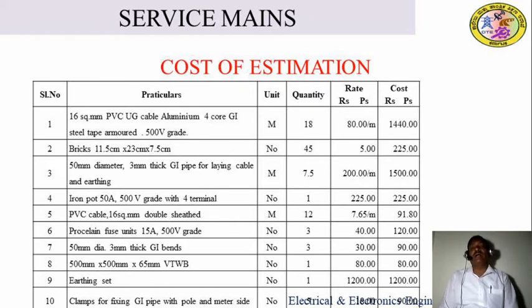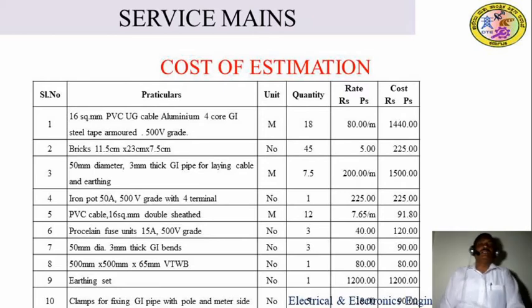Means for providing the electrical supply to the customer, how much amount or cost should be required. So here too, finding the cost of the service line, we have to provide a table column. In that table column we have to put all the materials, the quantities and their rate and find the cost. So we get the required amount of the cost for providing a service connection.